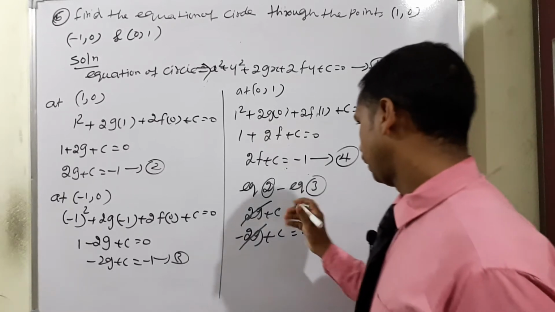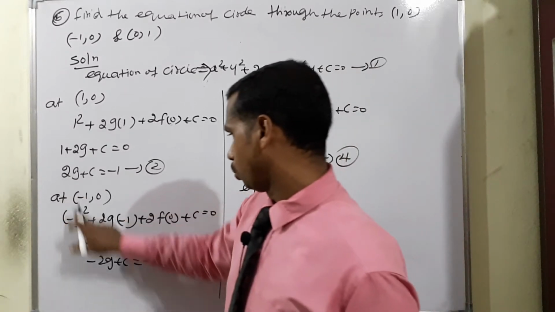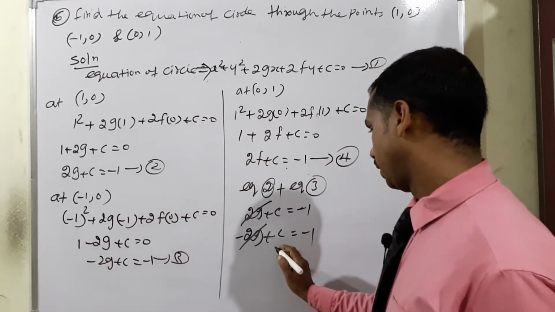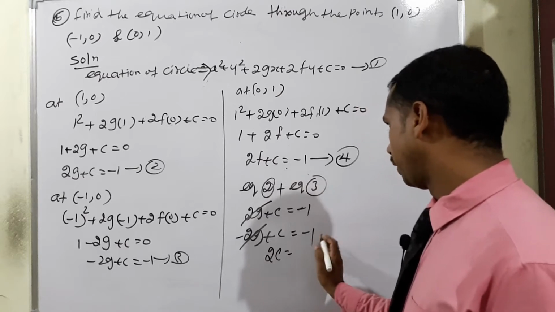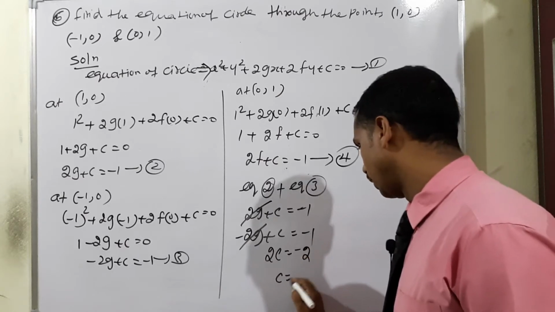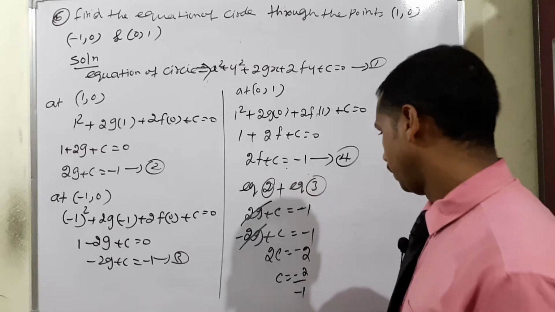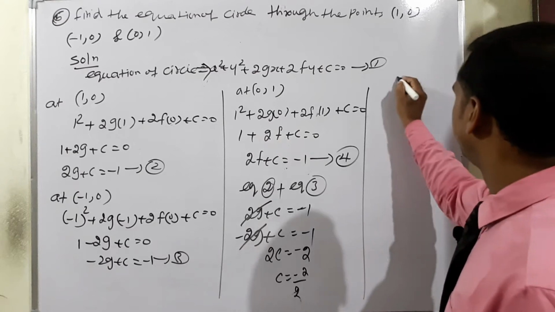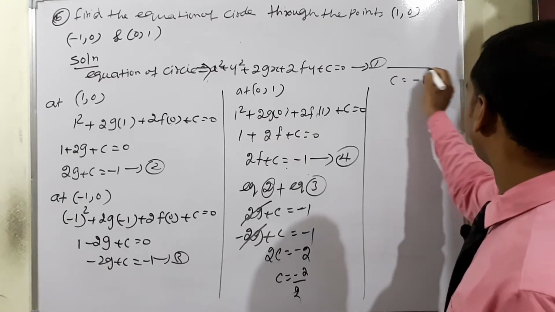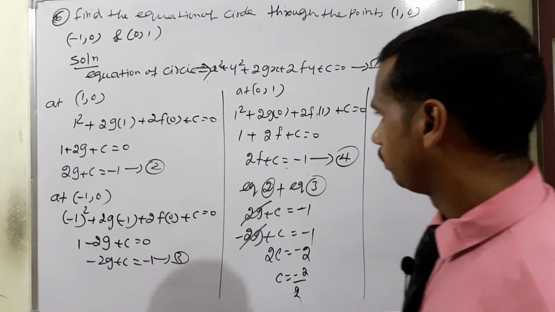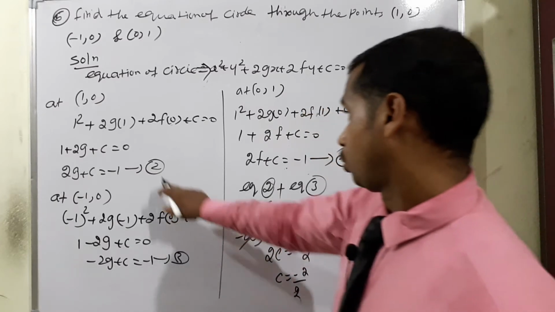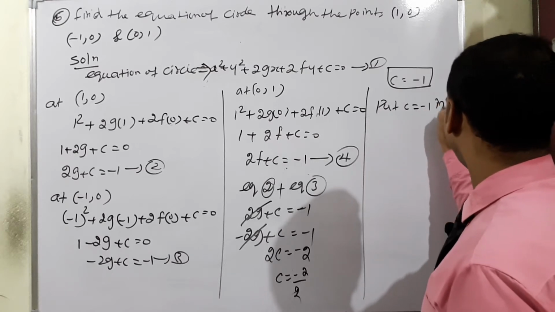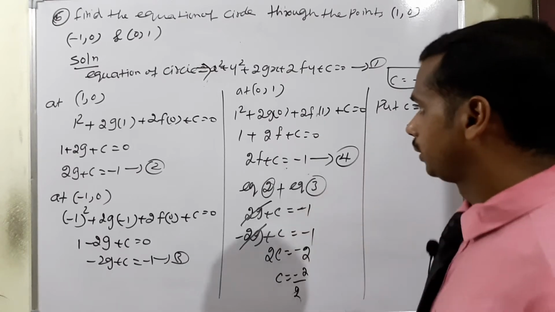This is actually directly we can write, no plus, because both sides add also, plus 2g and minus 2g will be cancelled, means c only will come in. Therefore, c plus c is equal to 2c is equal to minus 1 plus minus 1 means minus 2. Therefore, c is equal to minus 2 divided by positive 2, so definitely c is equal to value will be minus 1. After getting the c value, put c is equal to minus 1 in equation 2. What is equation number 2?